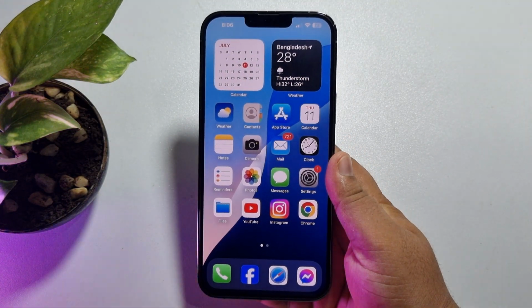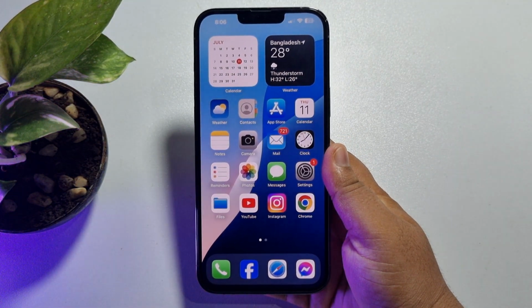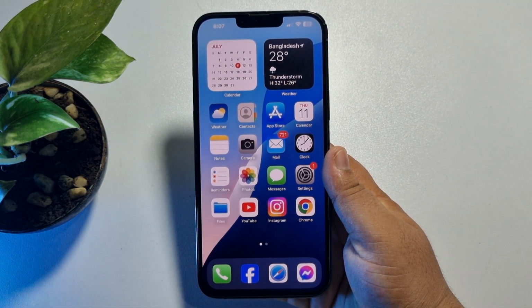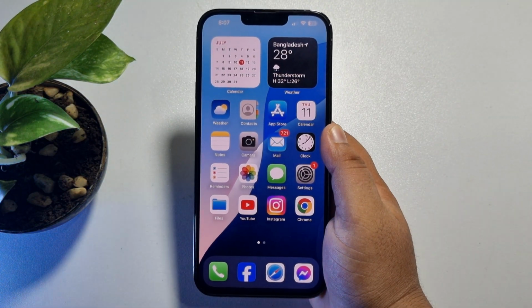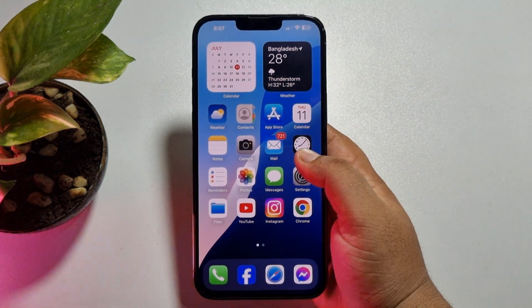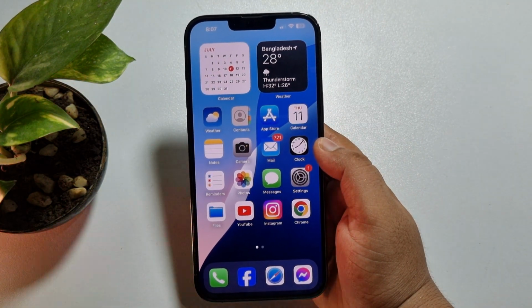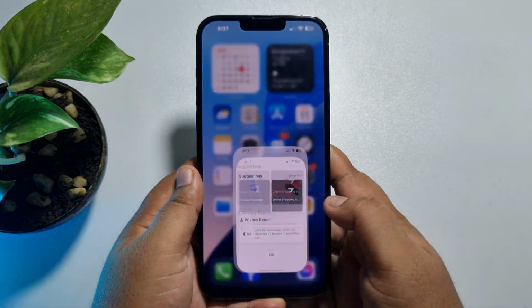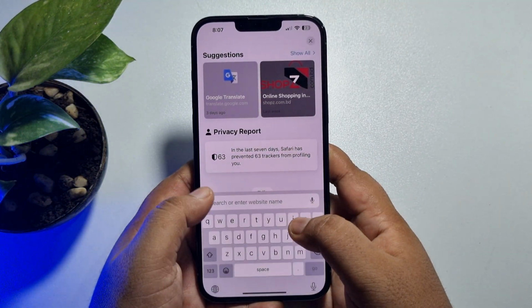In this tutorial, I will show you how to make a RAR file in iPhone. So I will show you the easiest way to create a RAR file without downloading any third-party app on your iPhone. First of all, on your iPhone, go ahead and open a browser and then search for